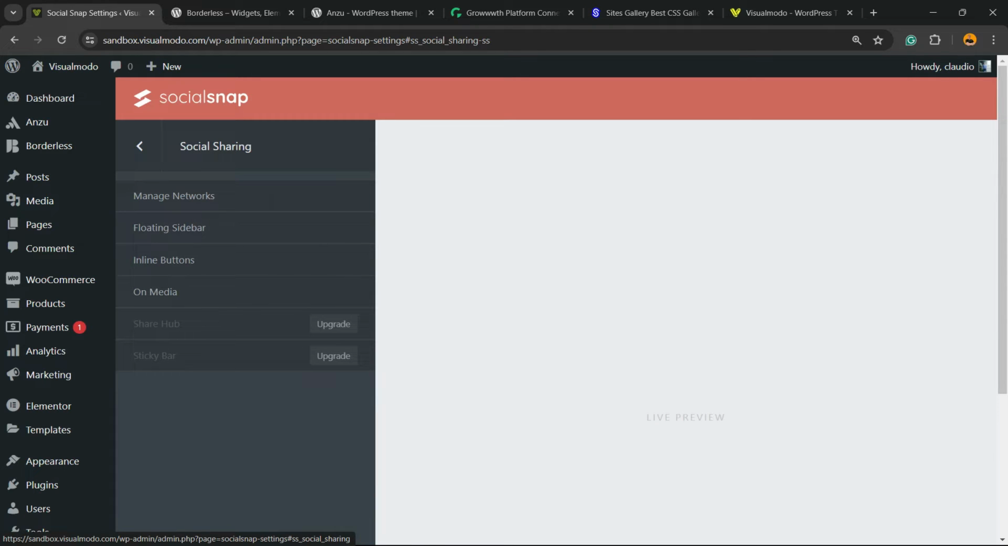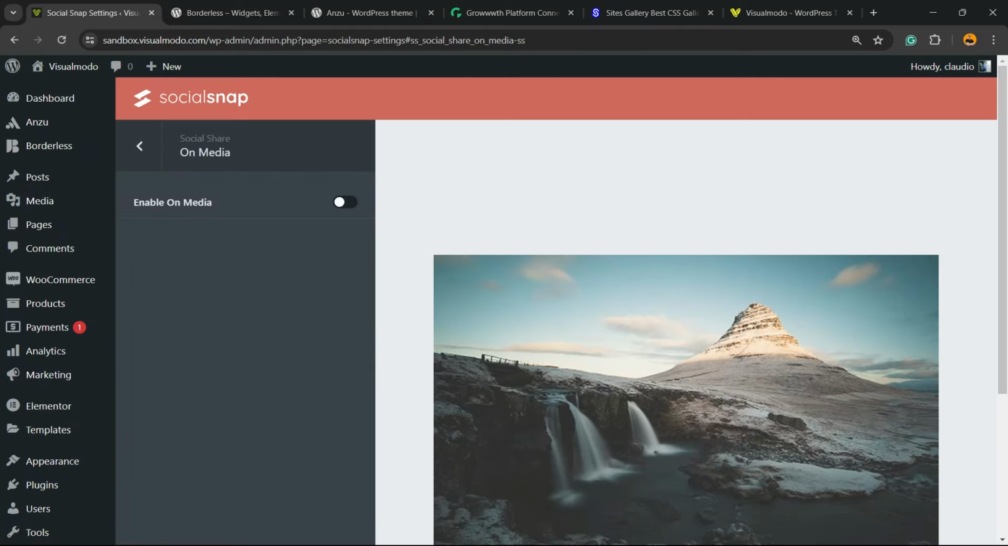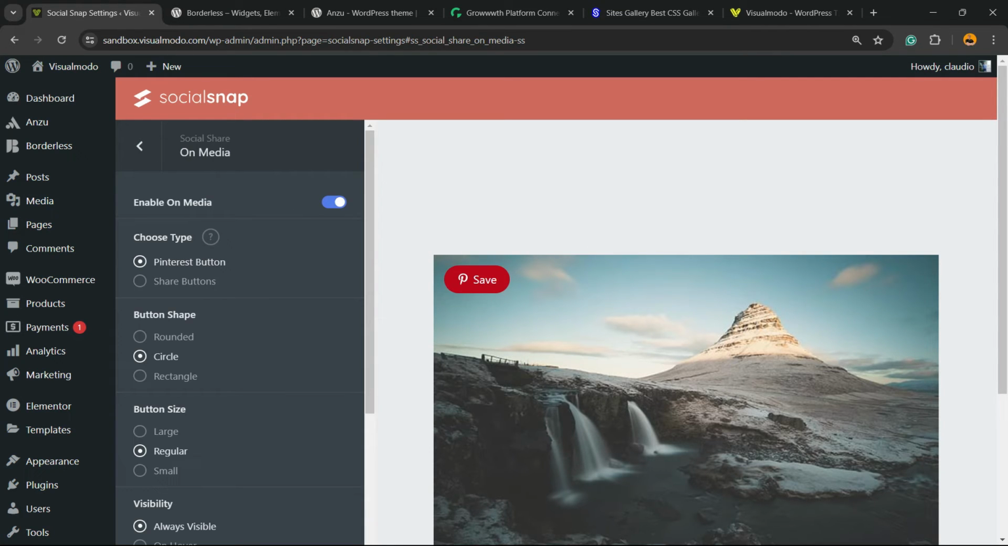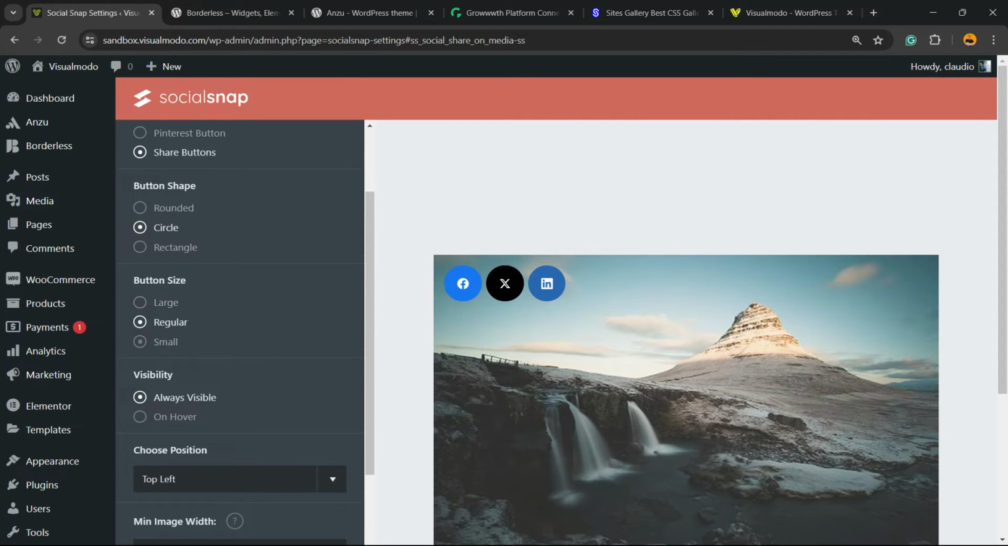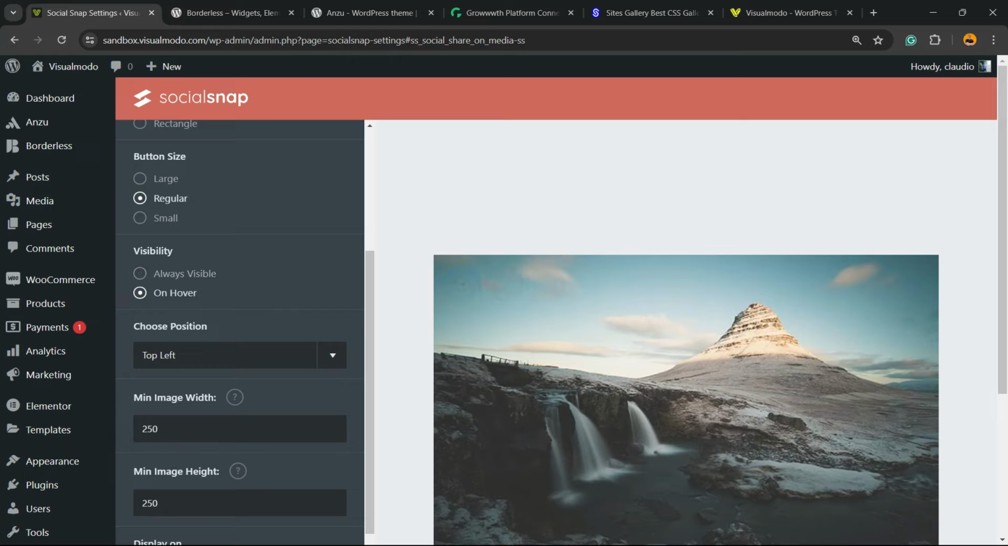Click on social sharing. Now click on media, and we're gonna click to enable on media. And right here we can add more buttons, for example Pinterest or social share, circle or rectangle, large, small, medium, on hover or always visible. We can change the position in the case that we need it,